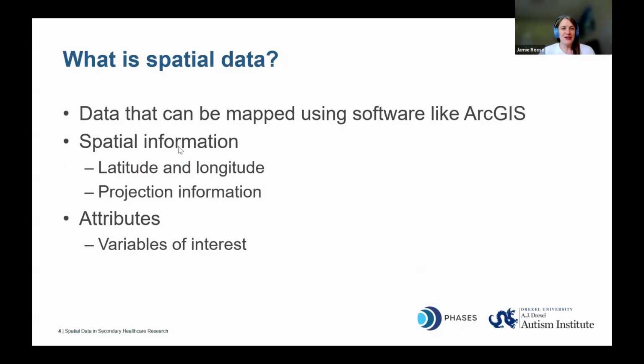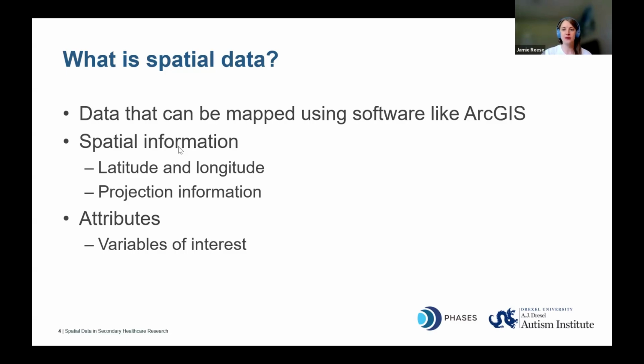Okay, so what is spatial data? Spatial data is anything that can be mapped using ArcGIS or similar tools. There are lots of different platforms that are either fully dedicated to spatial analysis or that have some degree of mapping capability. I'm going to focus on ArcGIS because it's a long-standing industry standard. It's very widely used. It aligns with courses that you can take at Drexel, and I use it myself. Two important pieces of information that you're going to find in any spatial data set are spatial information to help the software draw the map,